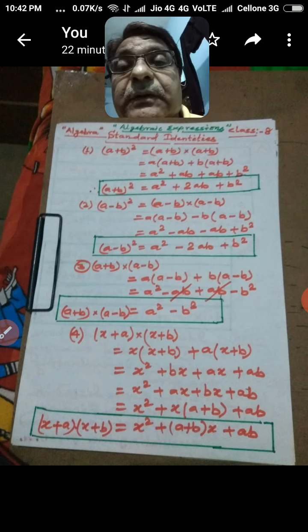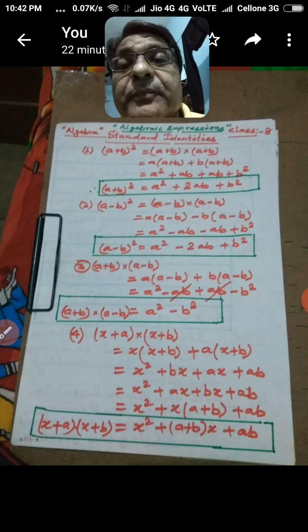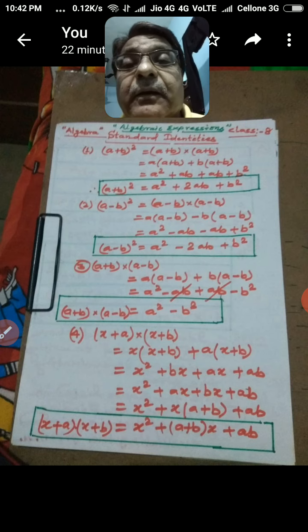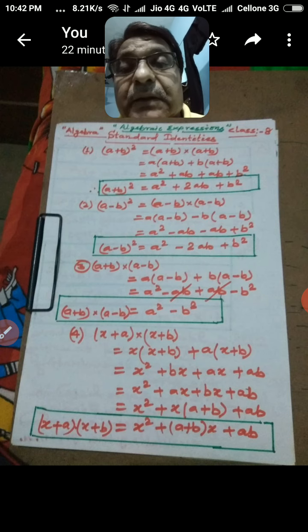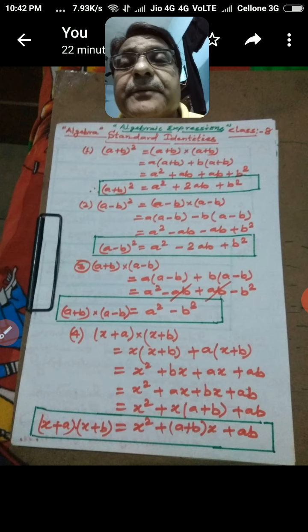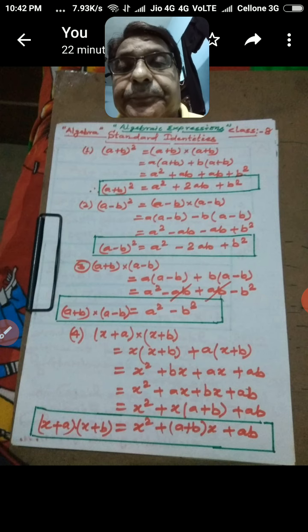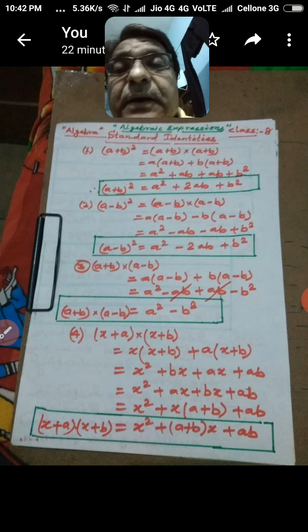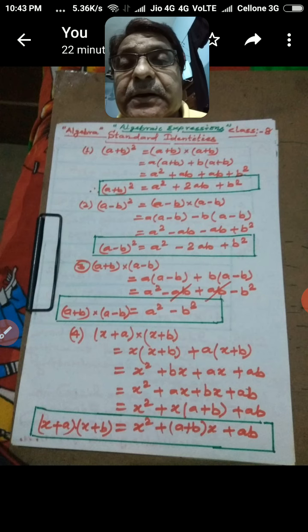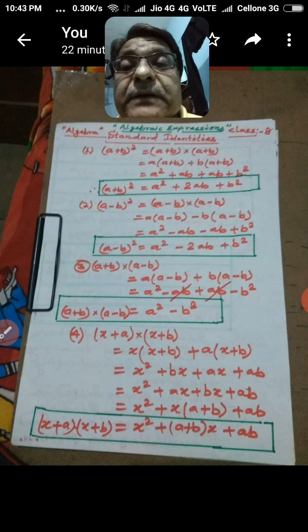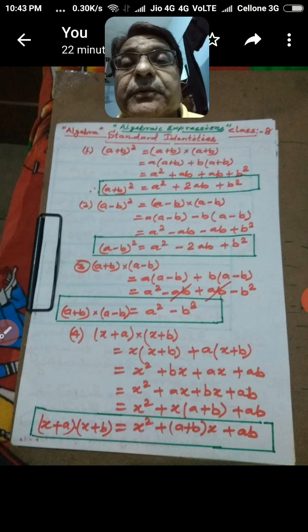So this mathematics, meant for the study related to variable, constant, mathematical sign, etc., is called algebra. You also know variable means unknown quantity which has no fixed value, which can vary, and in